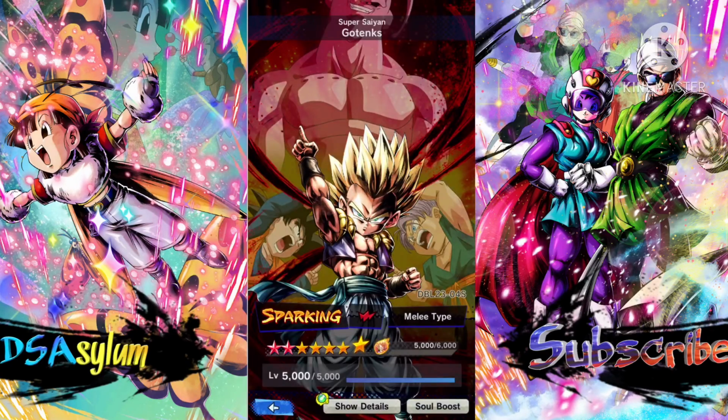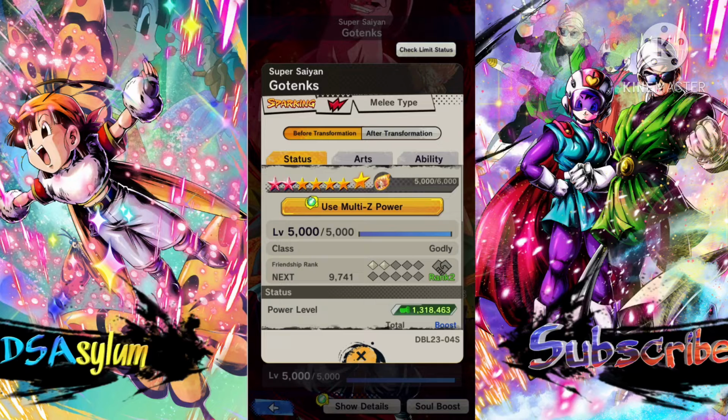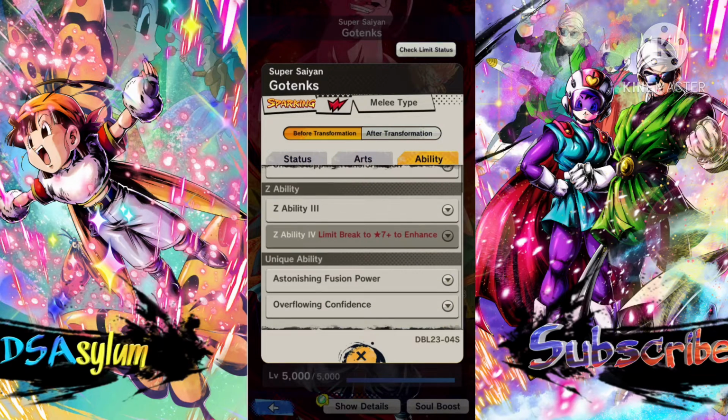The next unit is Super Saiyan Transforming Gotenks. I'm not going to change his stats at all. I have him at 9 stars, so it's not the best showing of his stats. Future me put up what his stats look like from DBZ Space. Thank you. All right. When it comes to his arts cards, though, I'm not actually going to change anything